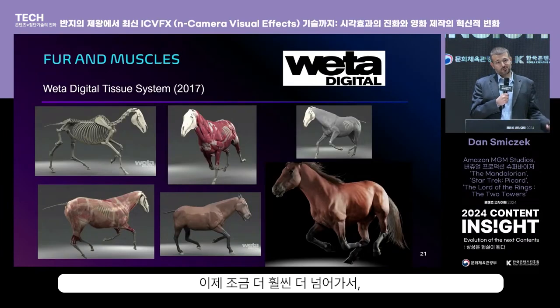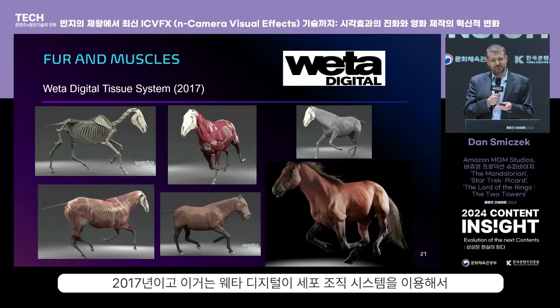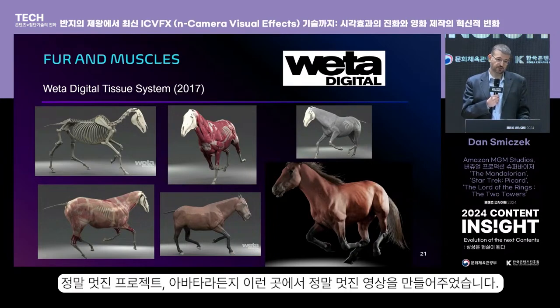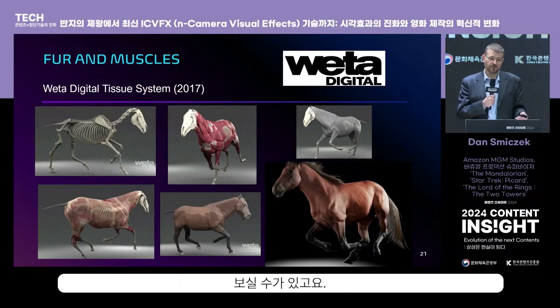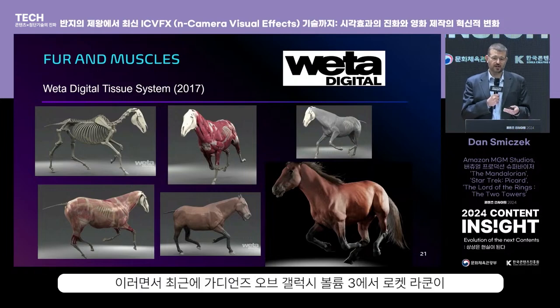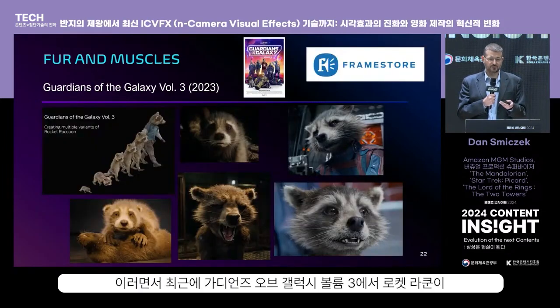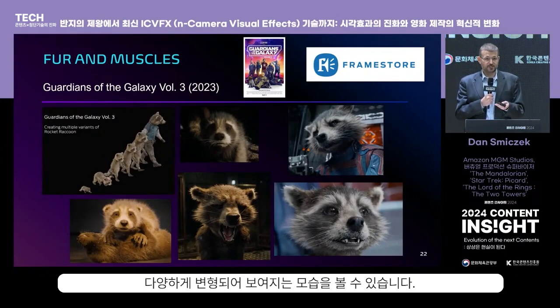Now we're going to jump a lot further ahead, 2017, where Weta Digital, this is something they put together for the Academy, talking about their digital tissue system, which they use extensively for all their amazing projects, Avatar, all the Planet of the Apes movies. They've really been blasting their way ahead, and it's just truly extraordinary to see the muscles moving under the surface of the skin, all the hair simulations, everything kind of coming together and culminating into